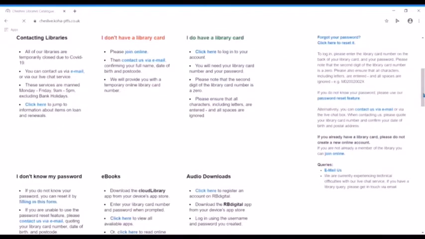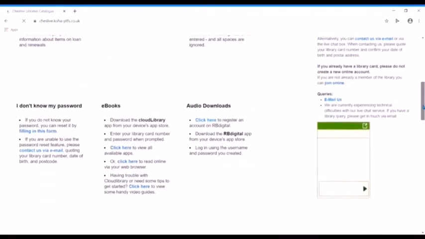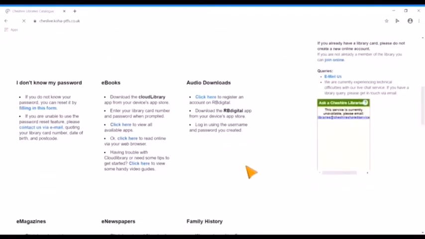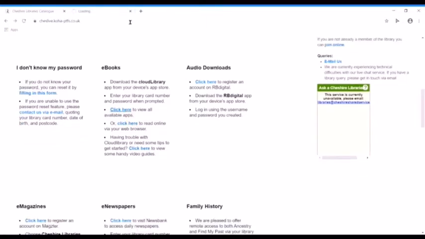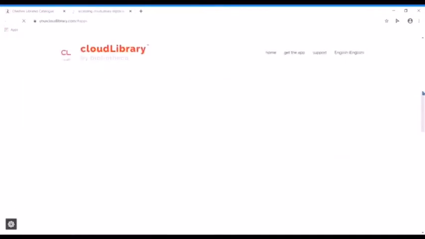Right, we're going to scroll down until we find the ebook section on here. This is our login page. Right, so it's giving us instructions on how to get ebooks, first being to download the Cloud Library app from your device's app store. Bear in mind you only need to do this the once, and then after that you'll be able to get books whenever you need them. By clicking on the link down there,